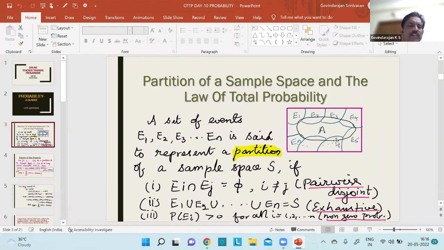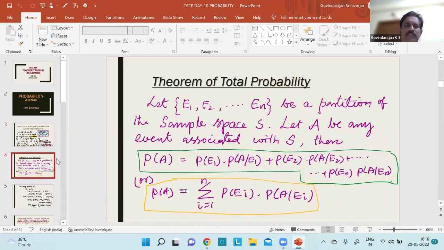Then the total probability theorem comes here, the theorem of total probability. I think the partition of the sample space is clear. Now, let E1, E2, etc., En be a partition of the sample space, and let A be any event associated with the sample space. Partition of the sample space means it is understood that they are pairwise disjoint, exhaustive, with a non-zero probability. Then the probability of A is equal to